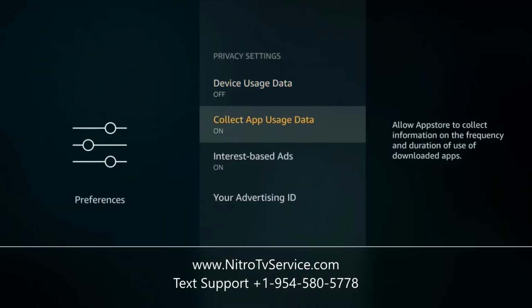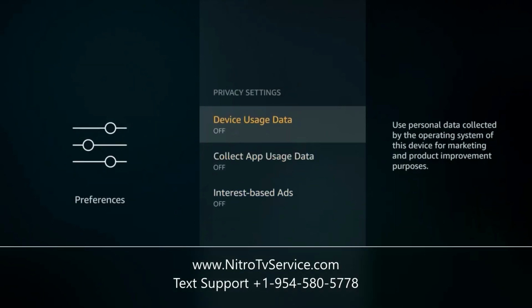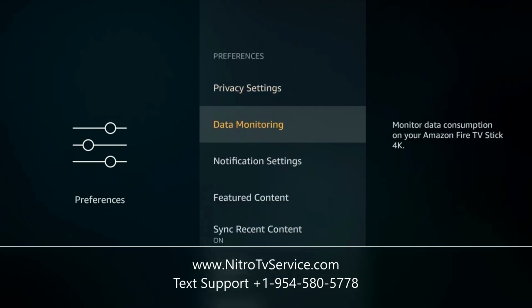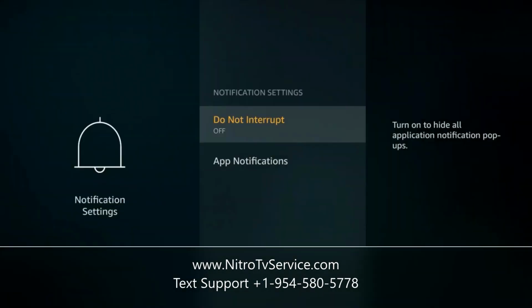So I'll go ahead and turn this off for me, turn collect app usage data off, and internet based ads. I'll go ahead and turn all three of those off. That way there's nothing running in the background trying to collect usage data on my usage of my Amazon Fire Stick. So I'm gonna go back, and if I go down to the notification settings,